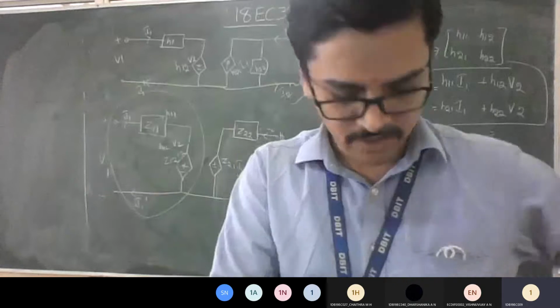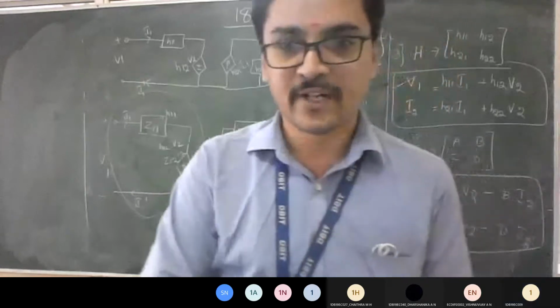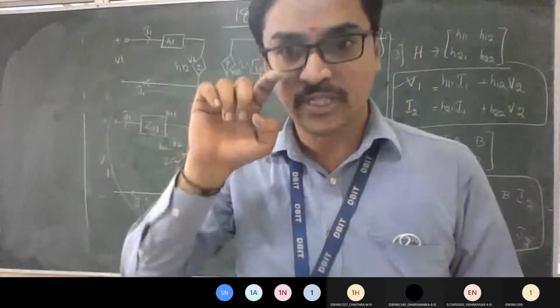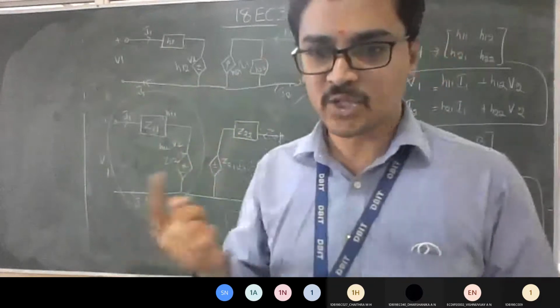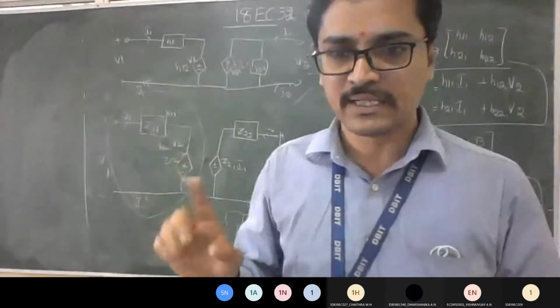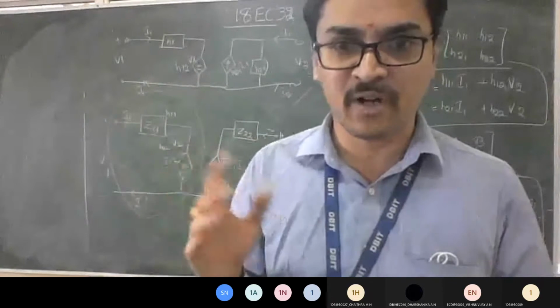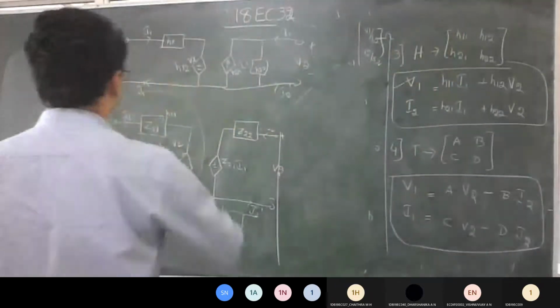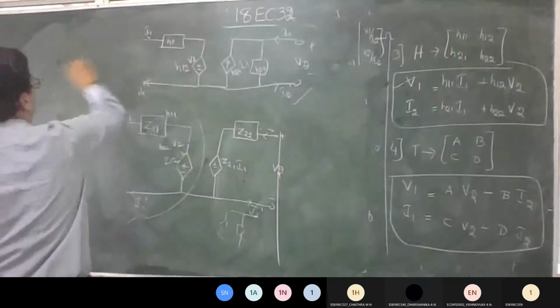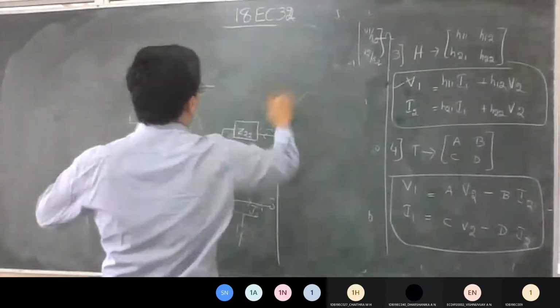Proceed, sir. Okay, fine. After knowing the 4 derivations and 4 generalized equations, then comes the way to solve the problem. I'll show you one parameter problem, then we will go to the relationship between one and another. After that, we'll come back to the problem once more. So try to understand first how to solve the problem in parameters.